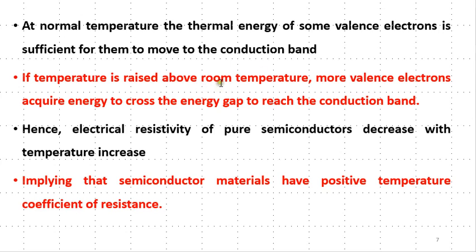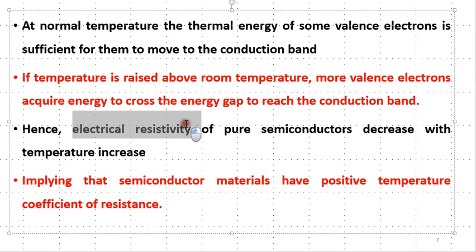And whenever the temperature is raised above room temperature, more electrons will break from their valence band and go into the conduction band. So what are we saying here? We are saying as the temperature increases, the amount of energy supplied to the electron also increases, and therefore it will have sufficient energy to detach itself from its atom into the what? Free conduction band. Hence, whenever the temperature increases, more charge carriers are produced, and therefore the electrical resistance or resistivity